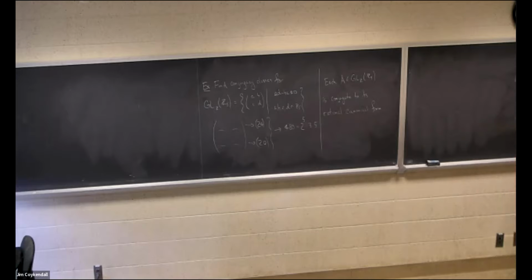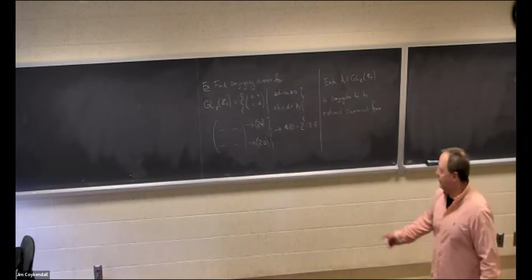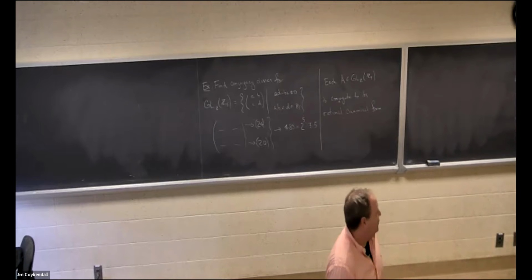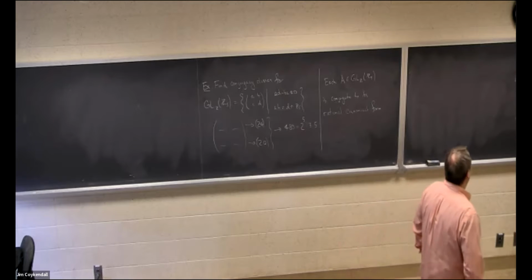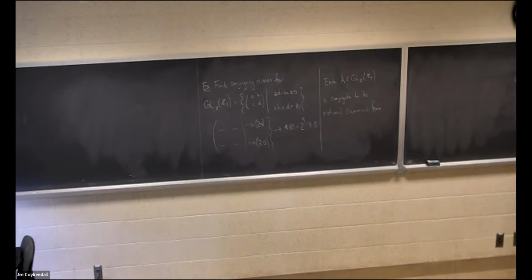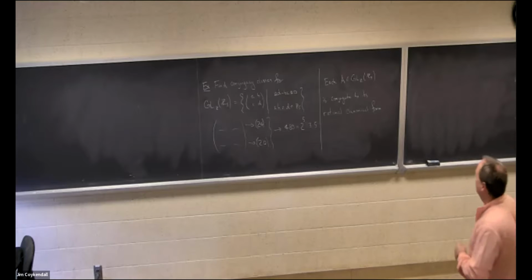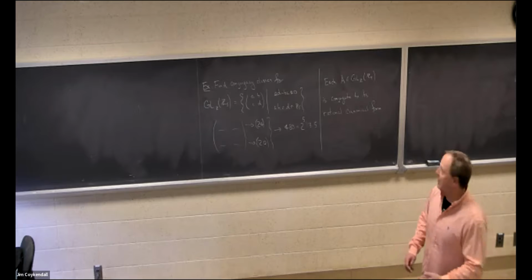in fact, I don't even need the matrices to be invertible, but I'm going to specialize that since I'm looking at this group. Each matrix in GL2(Z5) is conjugate to its rational canonical form, right? And it's an if and only if, right? So basically, the conjugacy classes conform to all the rational canonical forms that we can find, right? Everybody okay? So let's ask ourselves this: how can we do this?